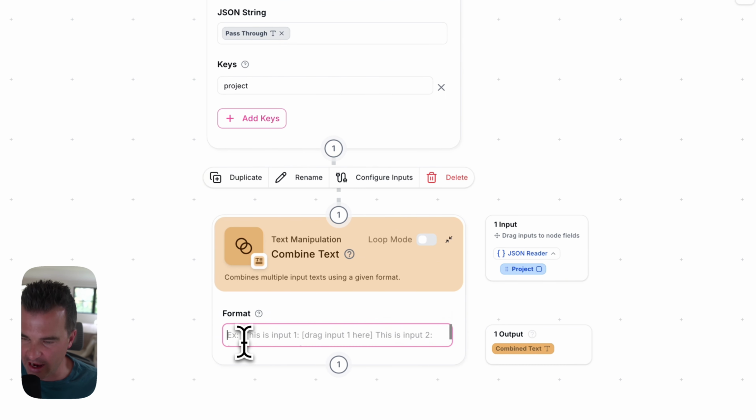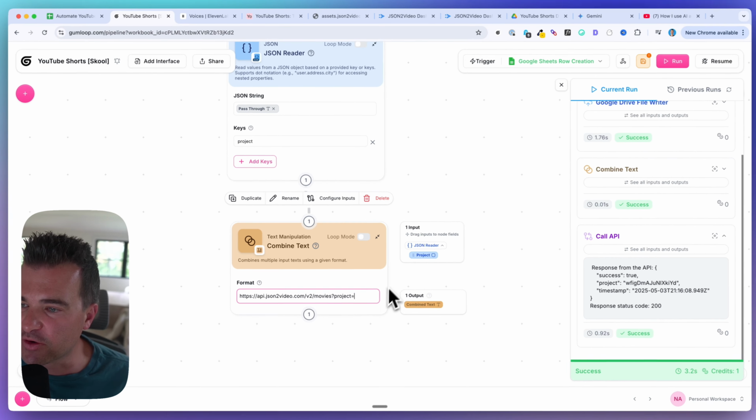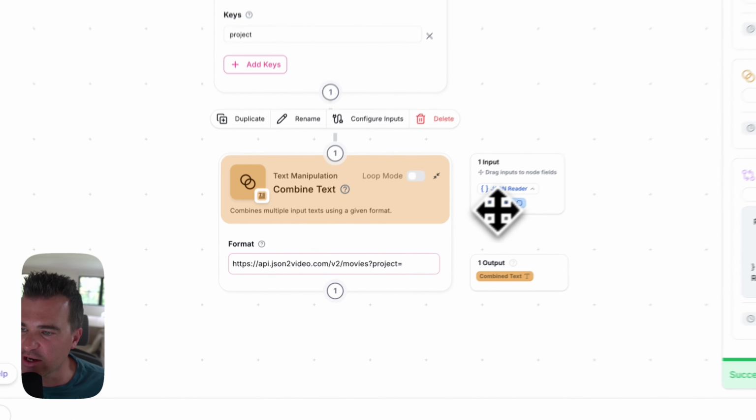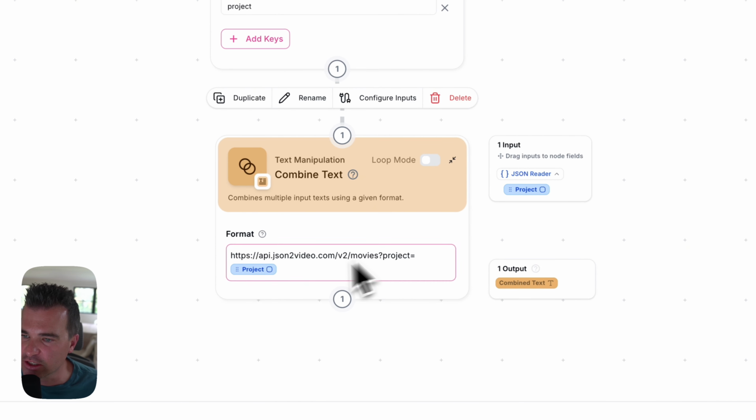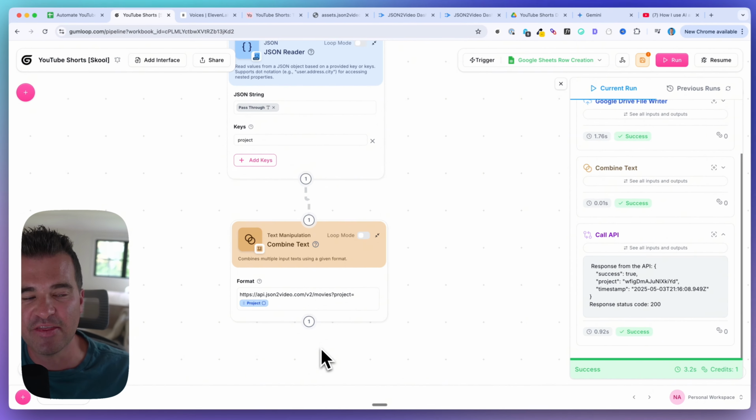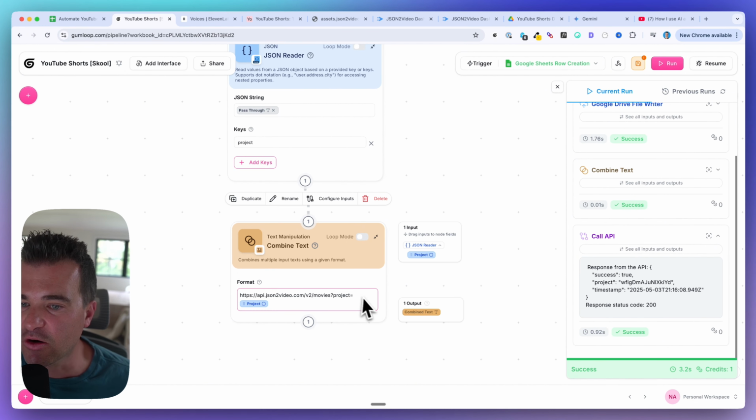And then for format, what I'm going to paste is this API call URL, right? Which is this API JSON to video movies. And here is where I want to get the project ID number. So you can see I have project ID equals, and we want to pull that number from the previous step, which is the JSON reader, right? Which is extracting the project ID number. So this step is going to look like this, and then we're going to pass this API call into the